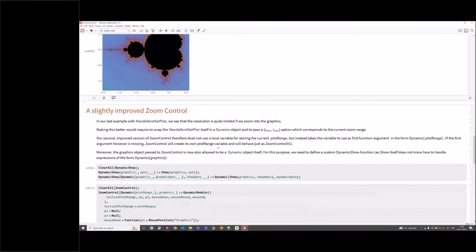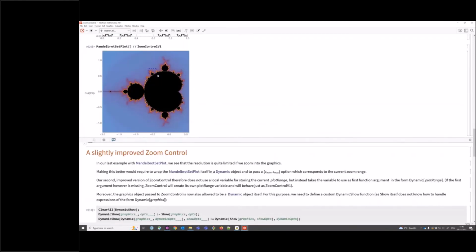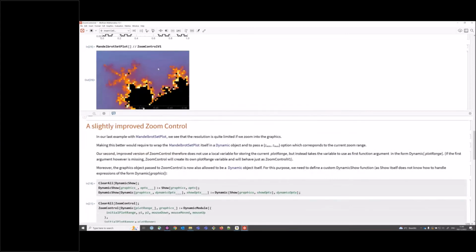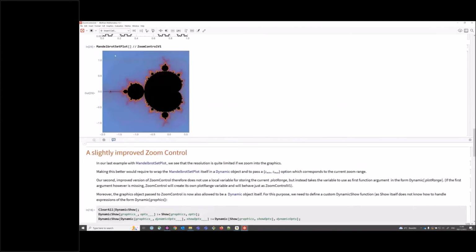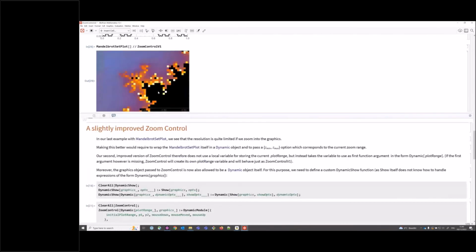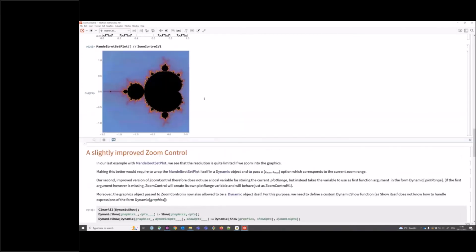What would be necessary in order to be able to adjust? Or first, why is it that the resolution is bad? Because the Mandelbrot set plot by default uses a computation range, this computation range you see currently, with a limited resolution. And if I zoom in, it does the same computation for the whole range, but only displays this tiny fraction of the image. What would actually be necessary is